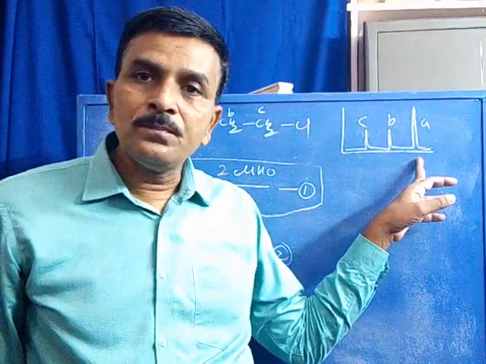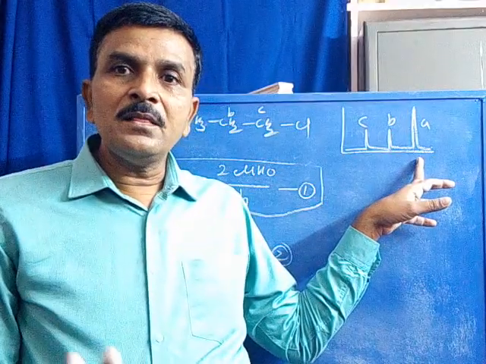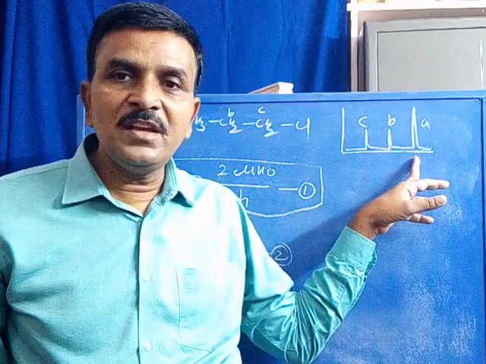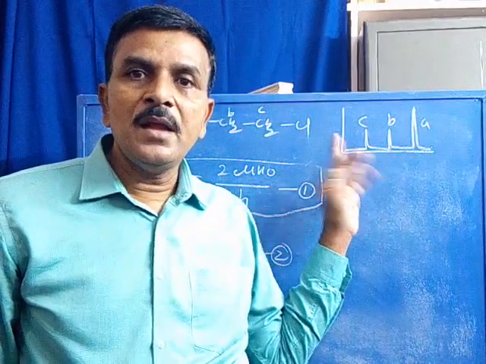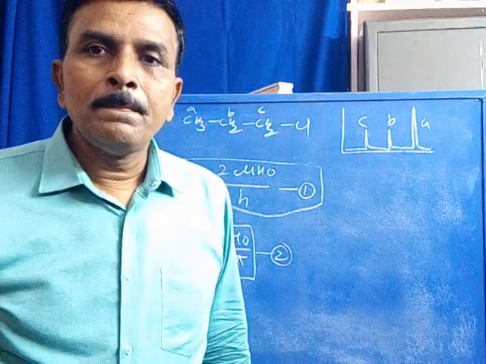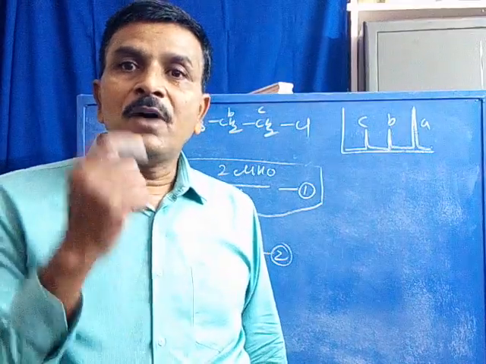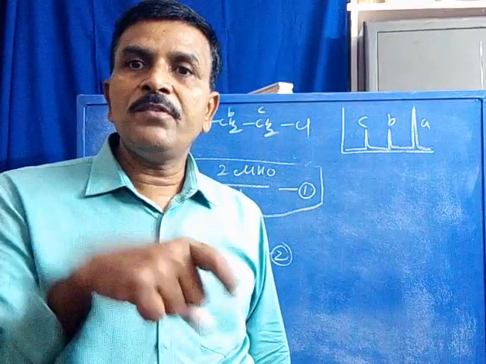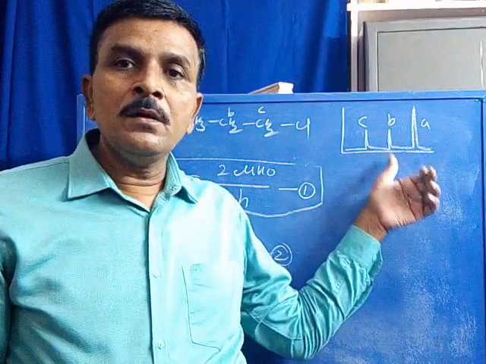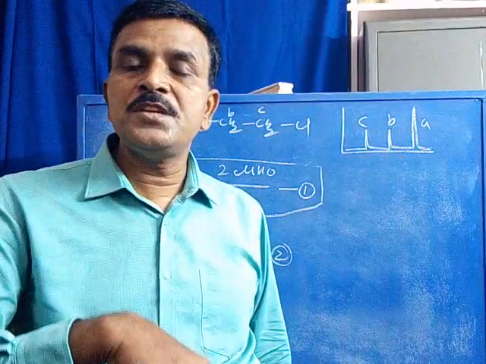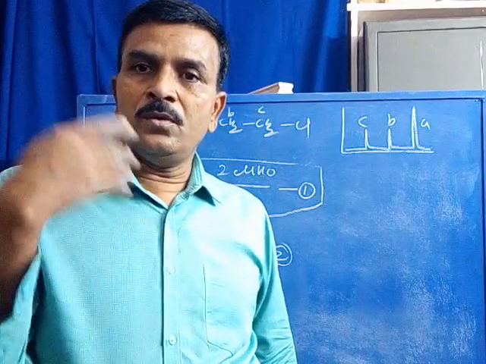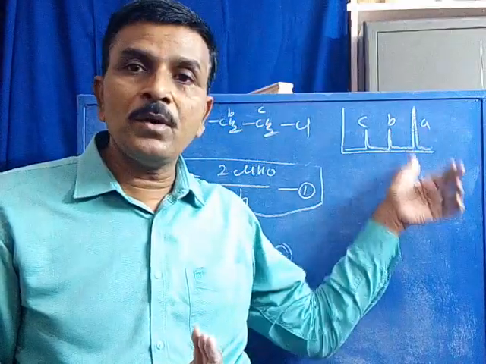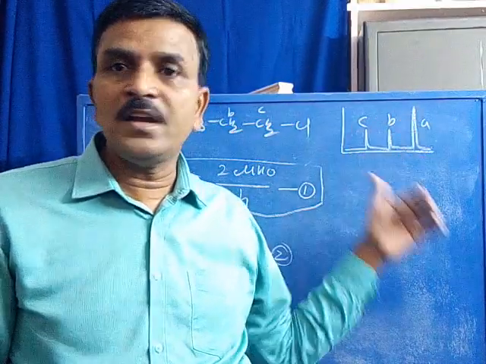Now we don't know where every set of protons absorbs energy. So we can observe a CH3 signal, a middle CH2 signal and a terminal CH2 signal. But the question is, at what frequency does the CH3 proton absorb? At what frequency do the B set of protons and the C set of protons absorb energy? We don't know. So we have to predict the frequency absorbed by the A set, B set and C set of protons.